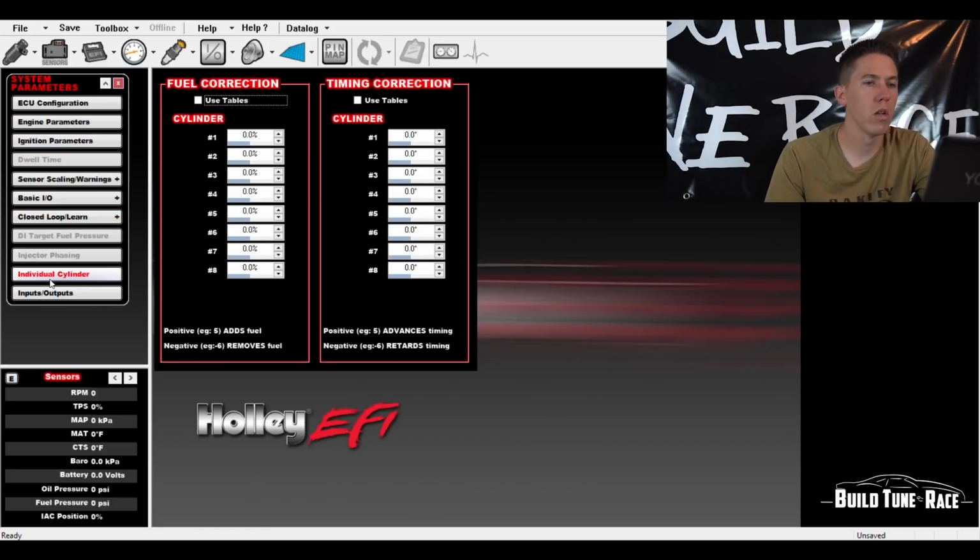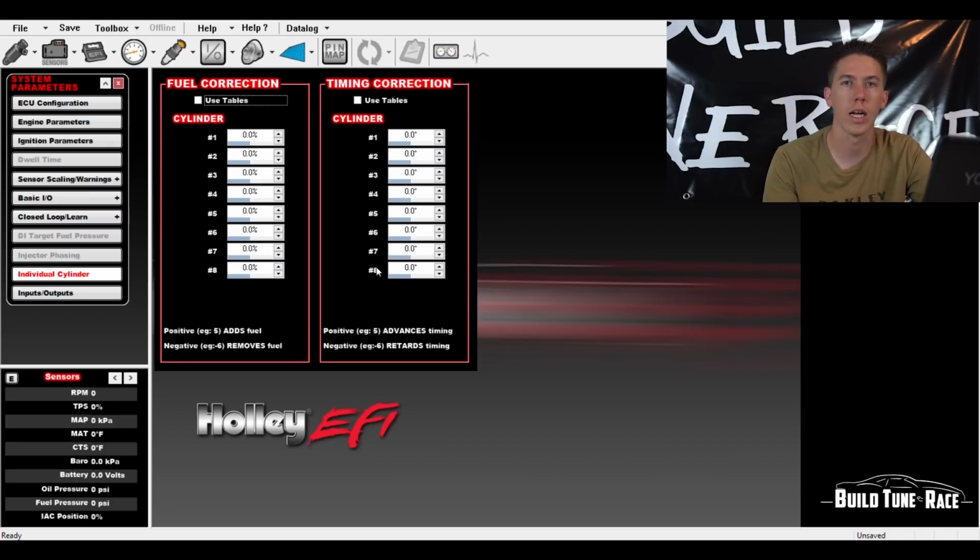So individual cylinders, you can adjust timing. If you have a nitrous car and you know that it hates that number 6 or 7 cylinder or whatever in an LS, then you can specifically go in and pull timing out of each cylinder. So if you have that one cylinder that always seems to melt the spark plug, or you've heard it before